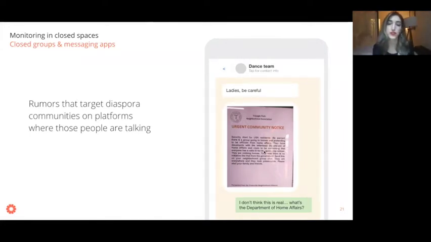And of course, considering the fact that WhatsApp is a very prominent platform with the Latinx community in the United States, it's the perfect place to spread this rumor if you're trying to spread fear. So that's why looking at a platform like WhatsApp in the US, even though other demographics don't necessarily use it,